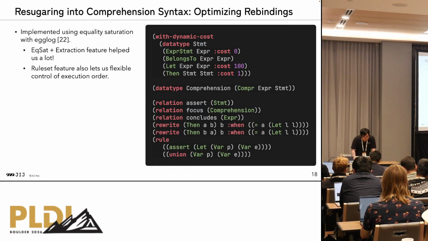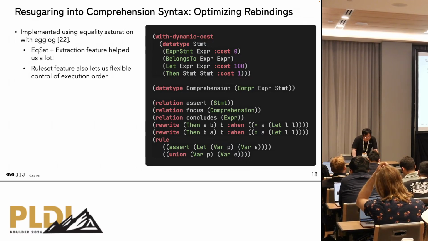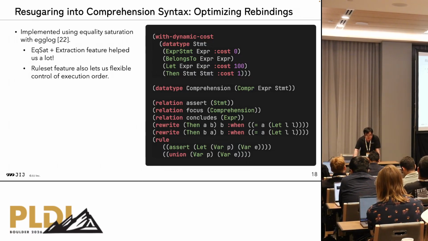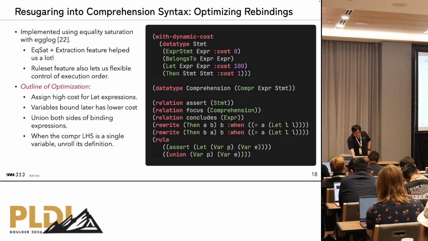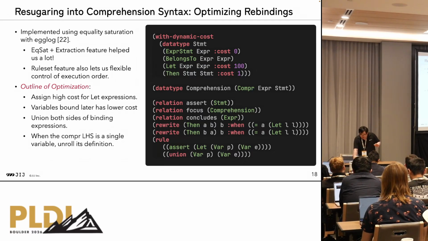And on the right is the excerpt from the rules, and the equality saturation and extraction feature helped us a lot. And the rule set feature also let us flexibly control the execution order. As an outline, we assign a high cost to let expressions so that expressions avoid unnecessary bindings, and we also assign a lower cost to the variables bound later in the right-hand side because it is more likely to appear in the left-hand